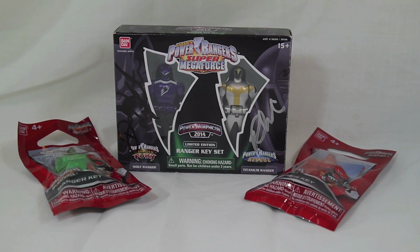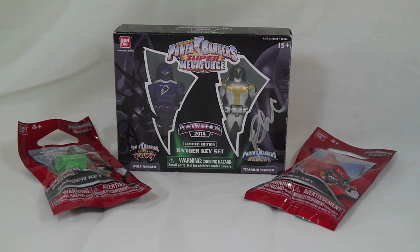Hey YouTube, Chicken Shub here with a review of the Power Rangers Super Megaforce Power Morphicon 2014 Limited Edition Ranger Key Set. So last Power Morphicon we got a 2-pack figure set featuring Shark Attack Samurai Red and a purple Mooger. This time we get a limited edition Ranger Key set 2-pack featuring Jungle Fury Wolf Ranger and Lightspeed Rescue